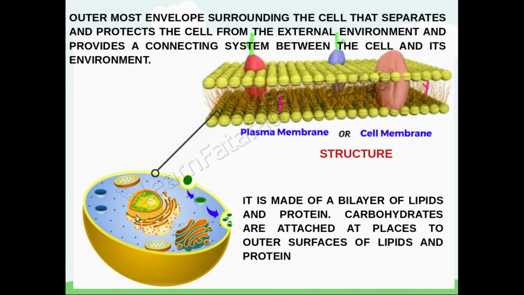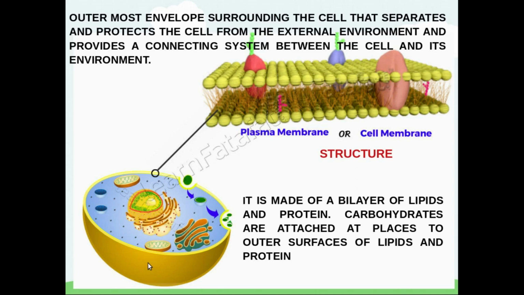What is cell membrane? As you know, the cell membrane is the outermost membrane or outermost covering of the cell. It is just like the walls of a room. We know that walls protect us from external environmental conditions like heat, rain, etc. In exactly the same way, the cell membrane also protects the cell from the external environment.